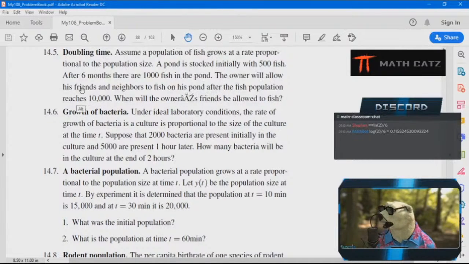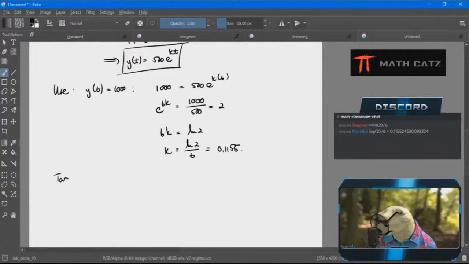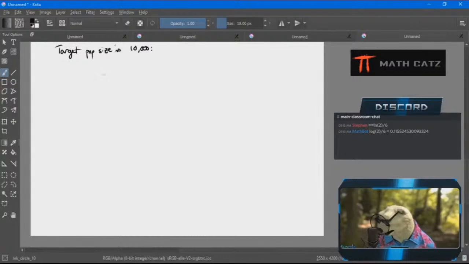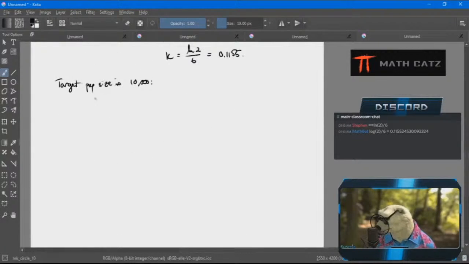Now, the owner will allow his friends and neighbors to fish in his pond after the fish population reaches 10,000. When is that going to happen? So I have a target population size. I want to know when that happens, 10,000. So my target population size is 10,000. I use my function. Let's just peek at what k is at the same time. So that means y of some t value is